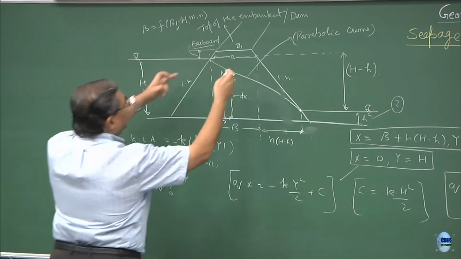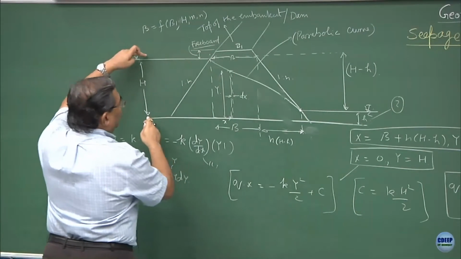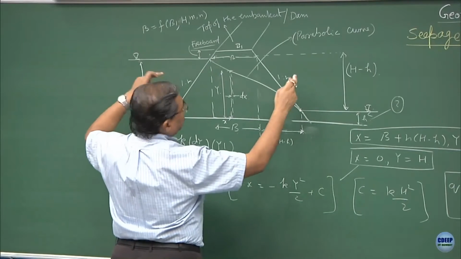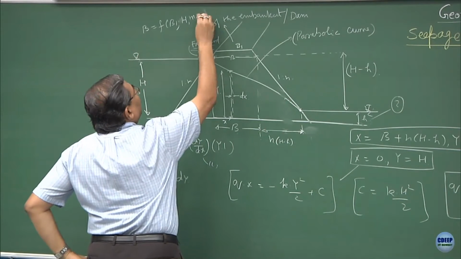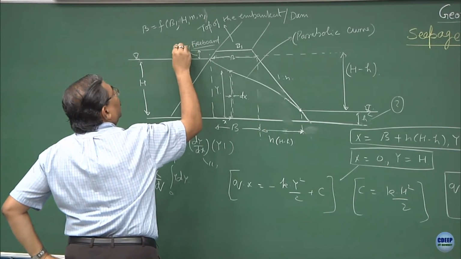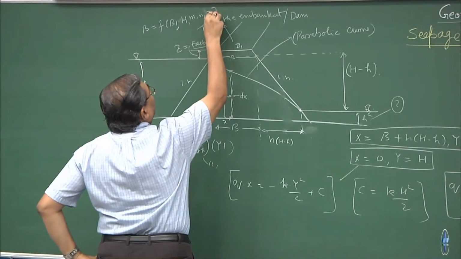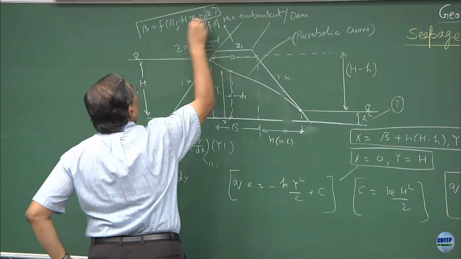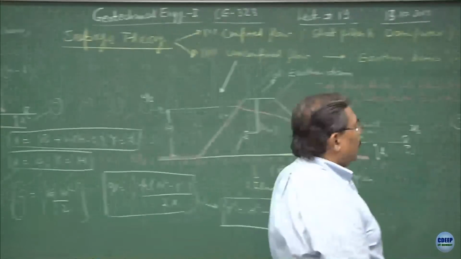So, I can design the top width keeping in view the h, the two types of slopes, how much water is to be retained, what is the freeboard. So, I will include in this the freeboard, let us say as Z. So, this becomes a typical cross section of the earthen dam,